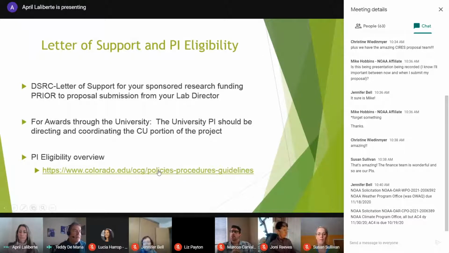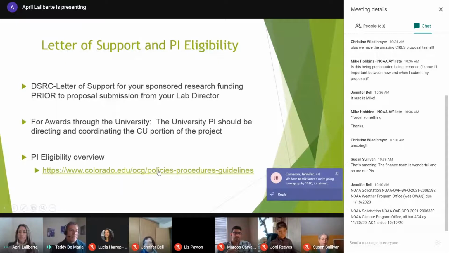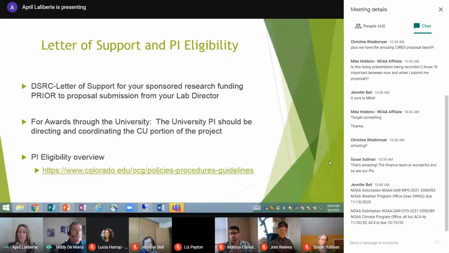A point on PI responsibility. For awards awarded to the University of Colorado, this is the CU employee, the CU scientist, who is the principal investigator. And the CIRES scientist has the responsibility to do what's necessary to conduct a successful project, to fulfill the duties and administrative responsibilities of that project, like coordinating the effort and making sure the progress reports are all submitted and appropriate.